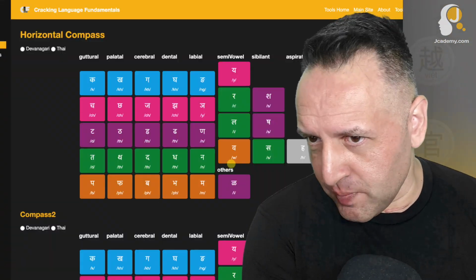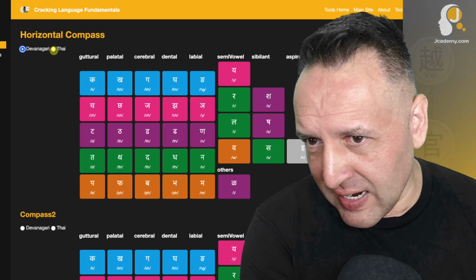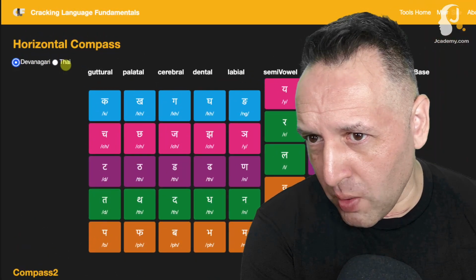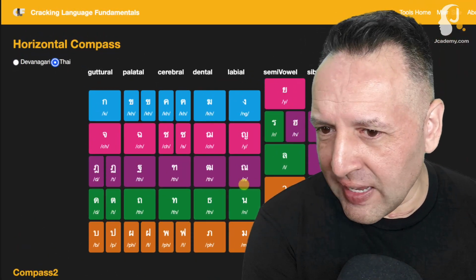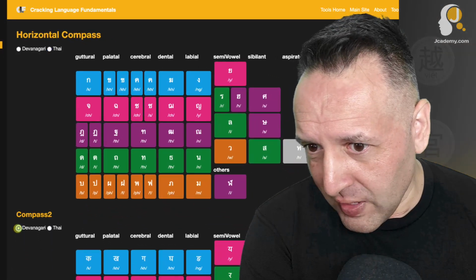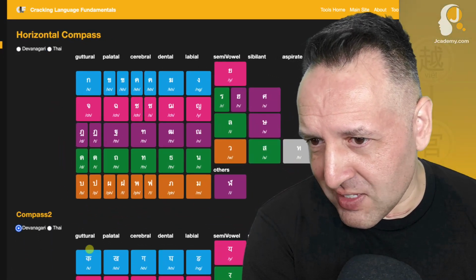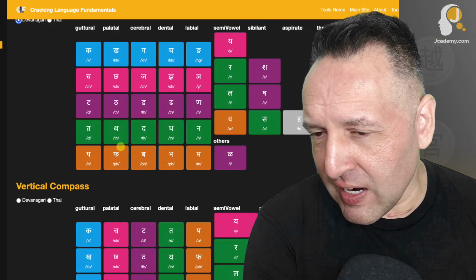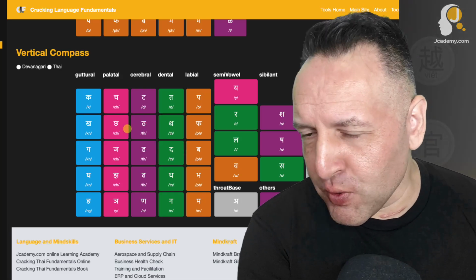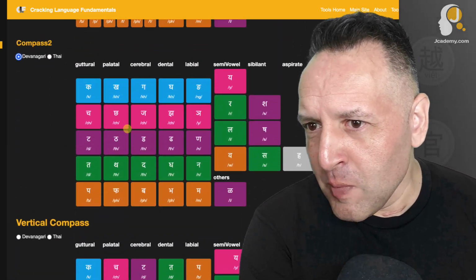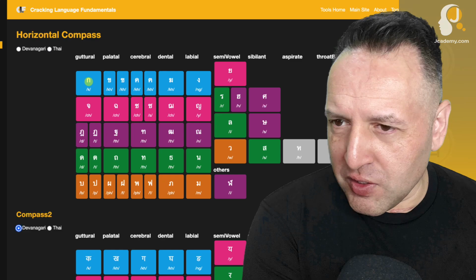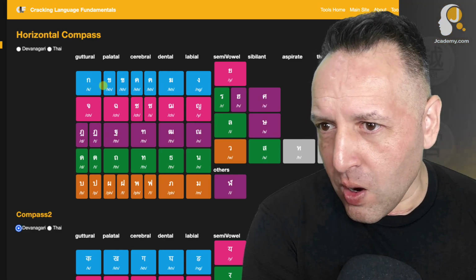So this new version, you can see here right now, I've got Thai and Devanagari. It'll swap in there. I need to work on the layout. The cool thing with this one that I like is that here you've got the Thai, Devanagari, but I've also put a transpose function in here. So if you see here, you've got in the Thai, you've got the alphabet going this way. So Ga, Kha, Kha,